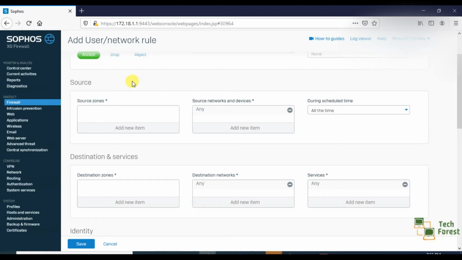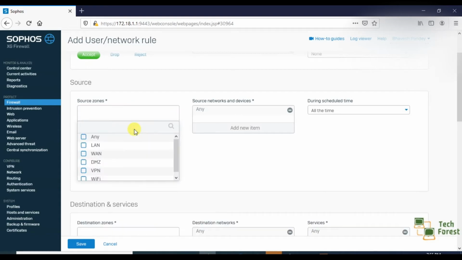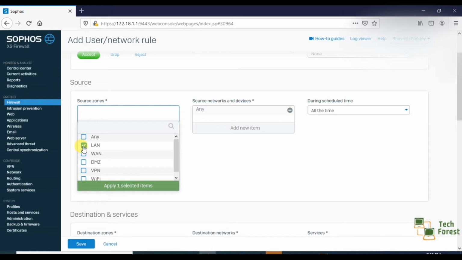Here you can see source details. Here we need to enter details of the source, means from where our traffic will be generated. Here if we click on add new item, we will get the LAN option. Obviously our traffic will be generated from LAN only, but here you can see more options like WAN, DMZ, VPN and any.